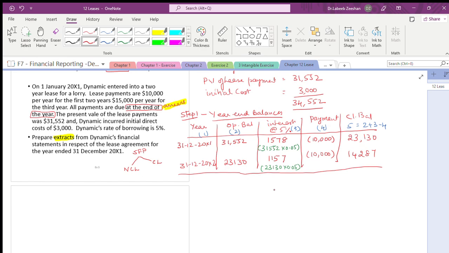Second one, is it right? What is step 2? Step 2, calculate the depreciation. Is it right? Calculate the depreciation as such. How much is the depreciation? What is the present value? Present value of lease payments is how much? It is